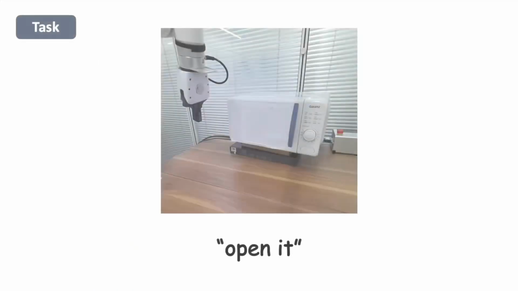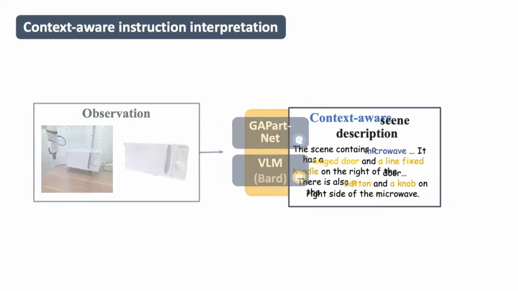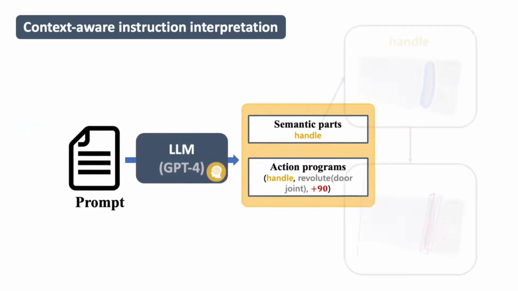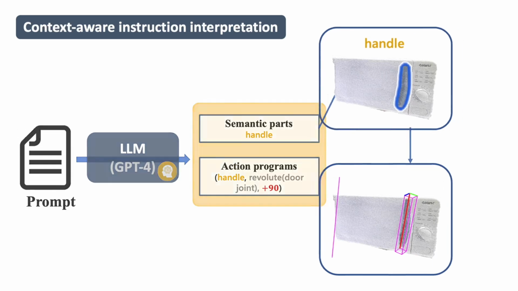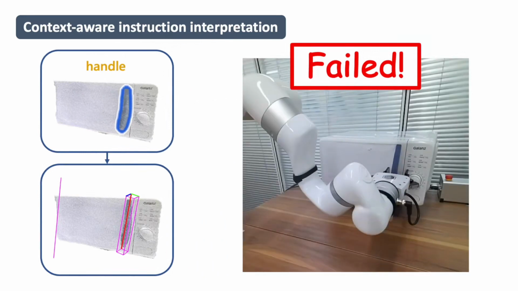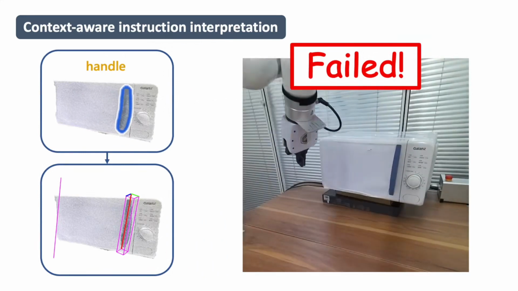Here is another task. The instruction is to open it, without the object name. The same as before, we first generate a context-aware scene description. Then semantic parts and action programs. With our grounding model, we get the actionable part pose and joint. But attempts to open the door by utilizing the handle while it was closed failed. This is because the microwave cannot open the door directly using the door, but needs to use a button to